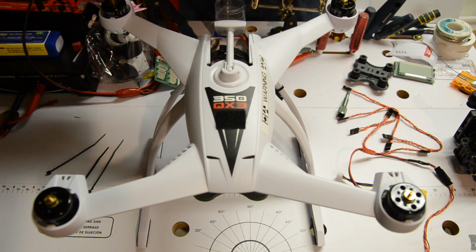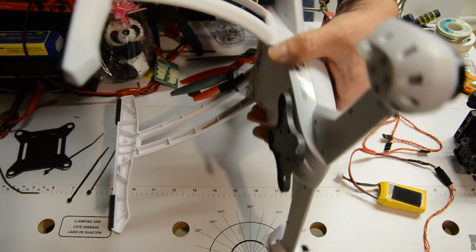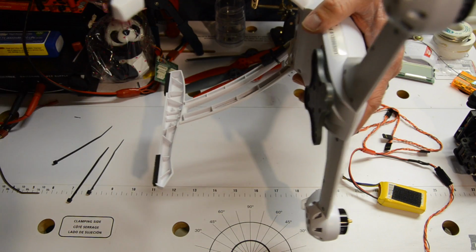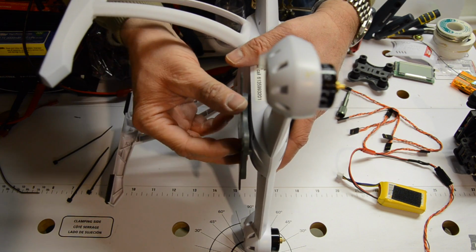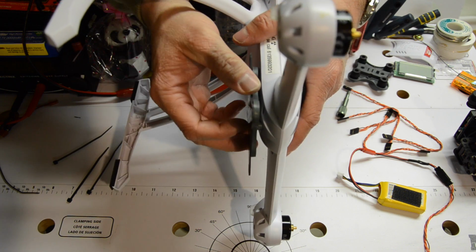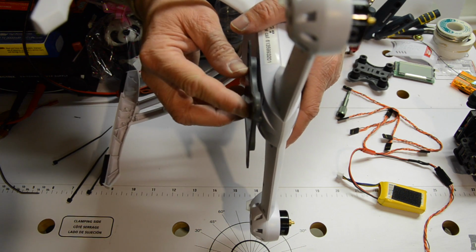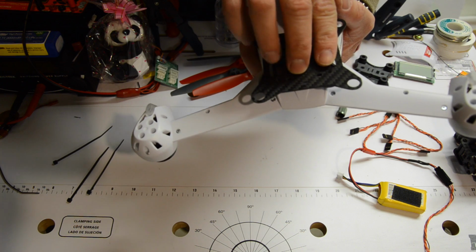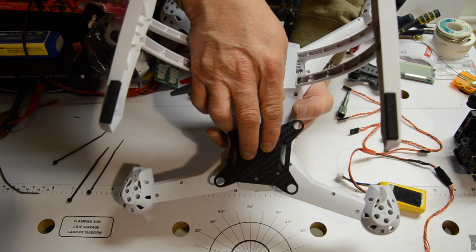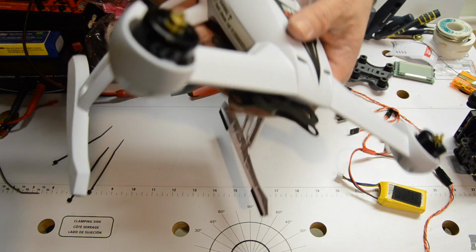Okay, so now that I have the GoPro mount attached, got it screwed in there, and as I was saying before, I'm going to take this plate and I'm going to attach it to the other mount here using zip ties. But as you can tell, there's not a lot of clearance. The holes line up, which is a good thing. I don't have to drill any additional holes into the carbon fiber, but it's going to take a little bit